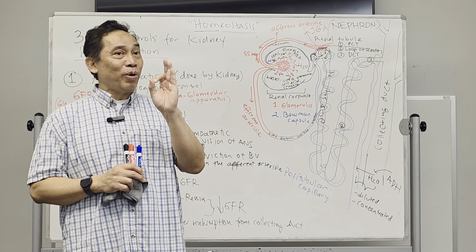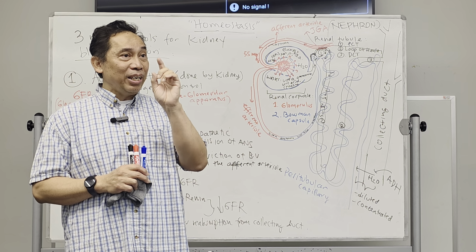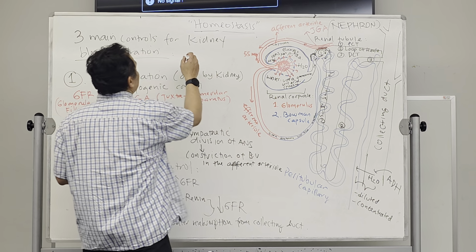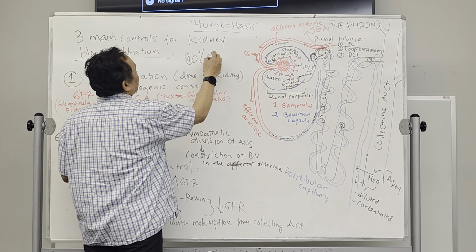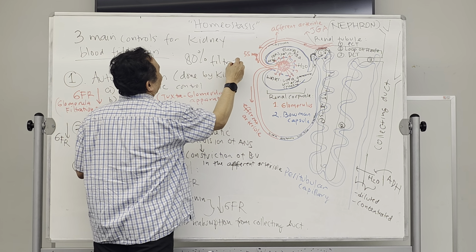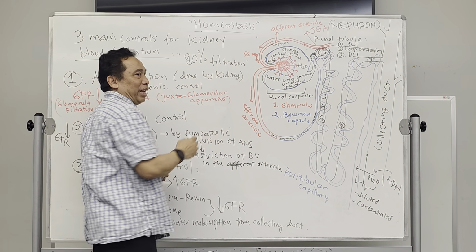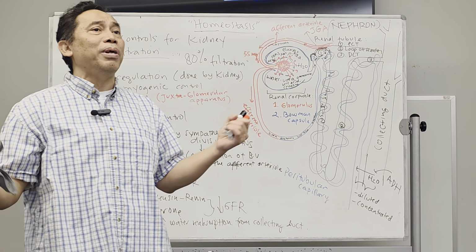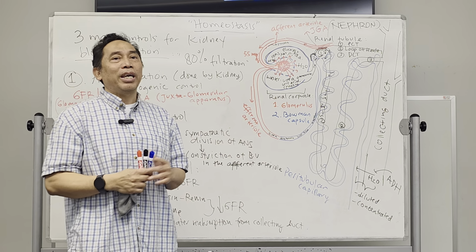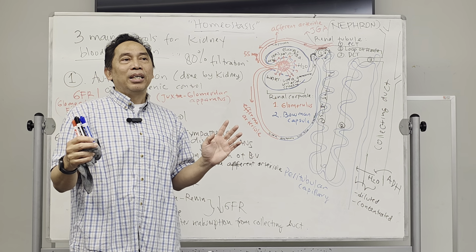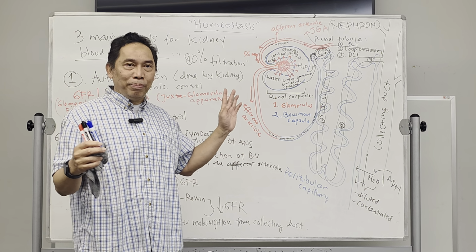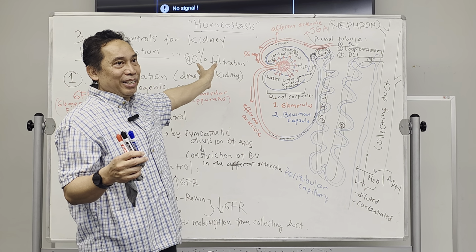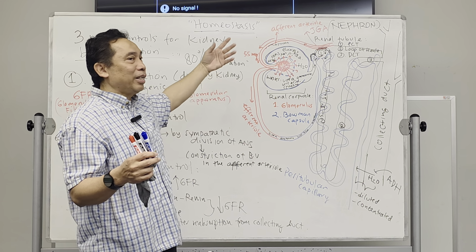Someone with just one kidney is actually able to perform 80% filtration. It means that is enough. So if you, for example, donate your kidney to your family, you will still be okay because one kidney should be able to perform close to perfect filtration. So some people donate their kidney.